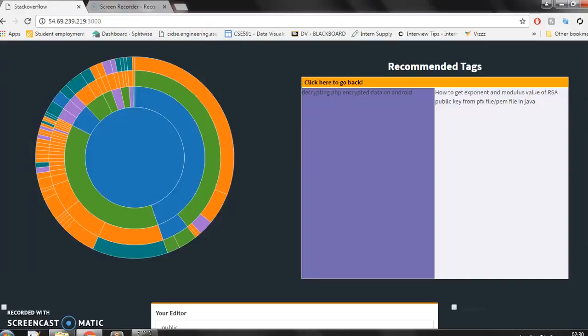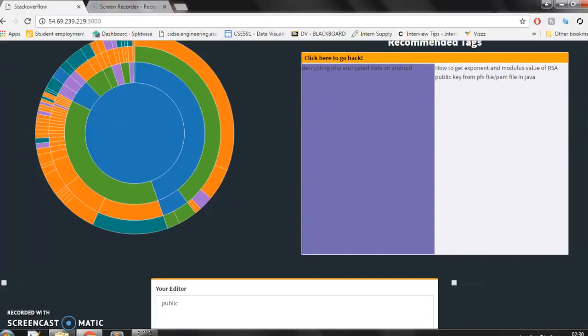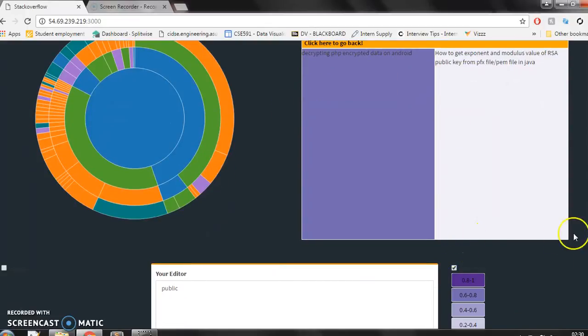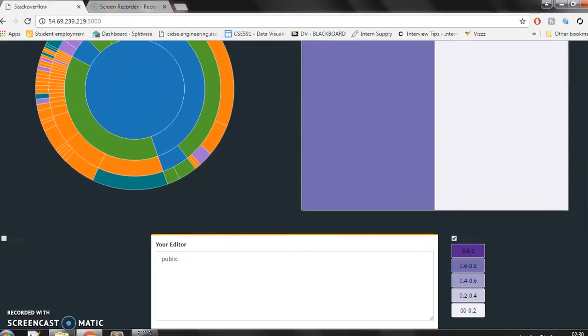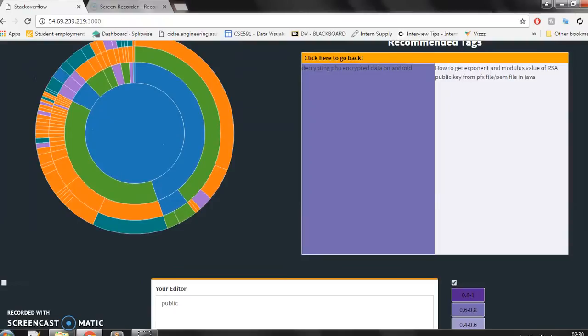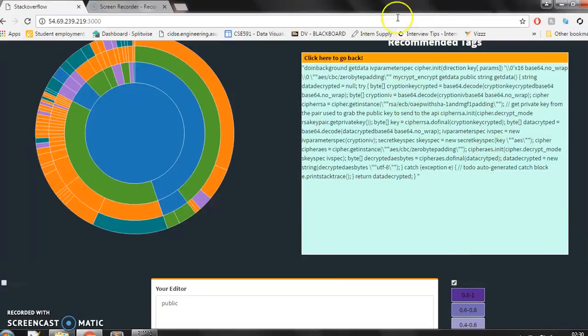So now the user is confused on which question he needs to check. So we have provided a legend here for this purpose, which will denote that the darker color question has more score than the lighter color. The score has been calculated based on the upvotes and reputations, and we actually prompt the user to look at the darker question first before looking into this one. So when the user has selected that this is the question he wants to look for, he could just click in and he could just view the answer.